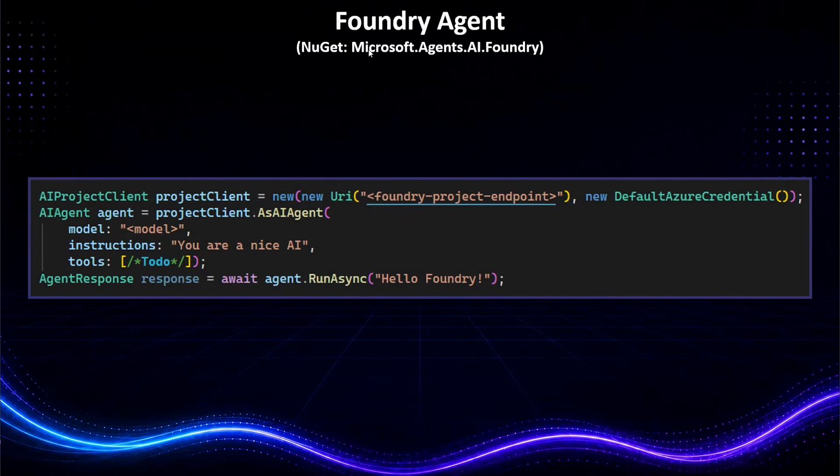So we need a Microsoft.Agents.AI.Foundry, and instead of making an Azure OpenAI client, we now make an AI project client, meaning an AI Foundry project client. And here we use the entire endpoint for the project as well. And the special thing about this one is it has no API key usage.